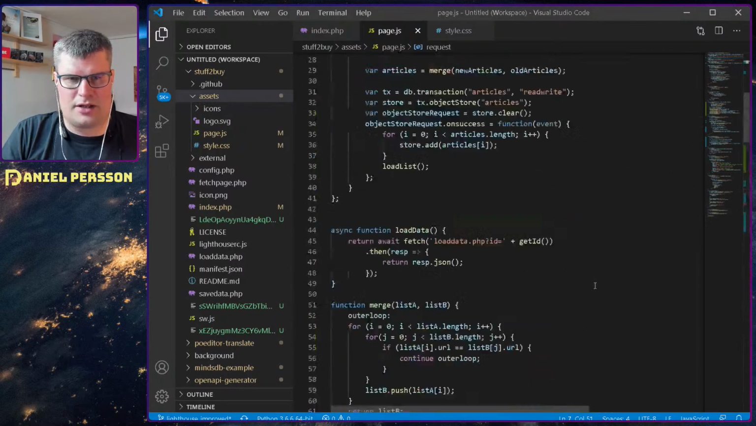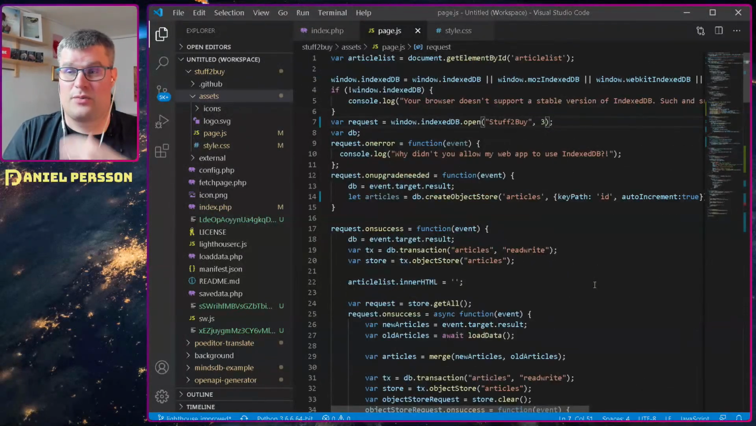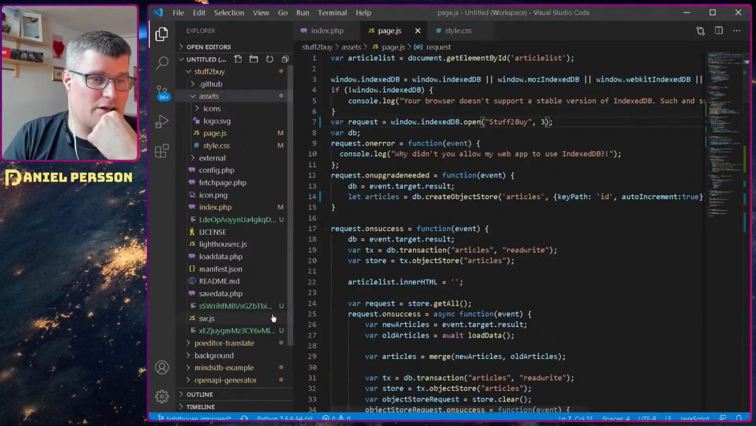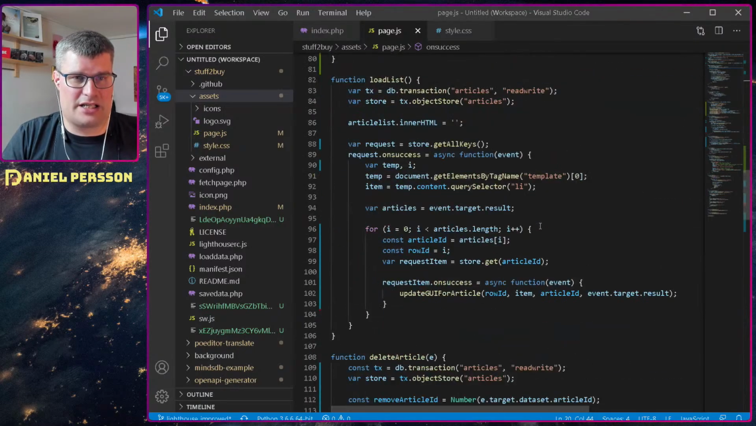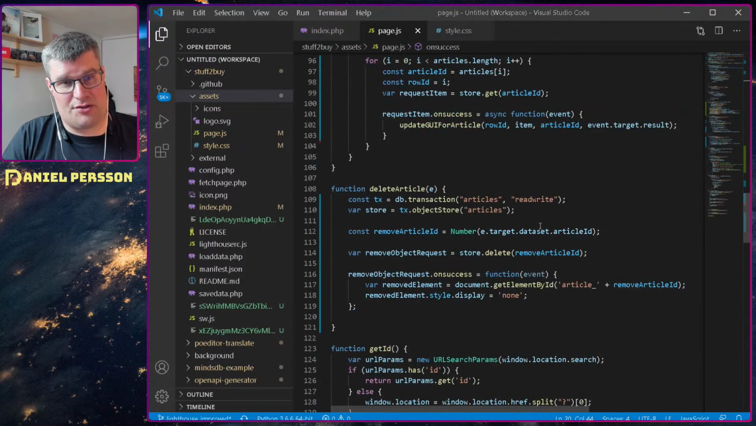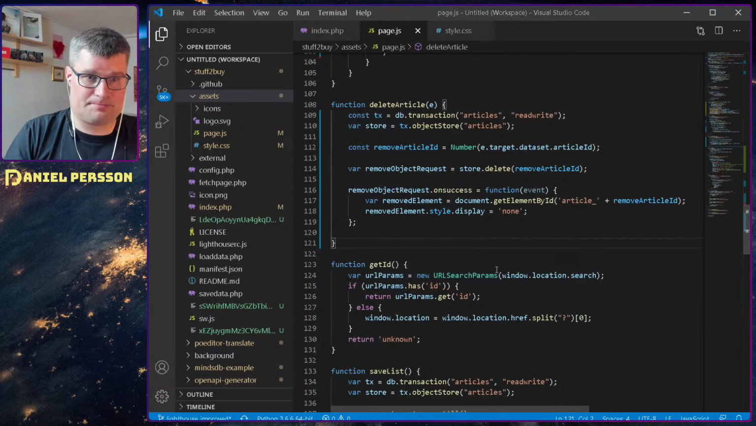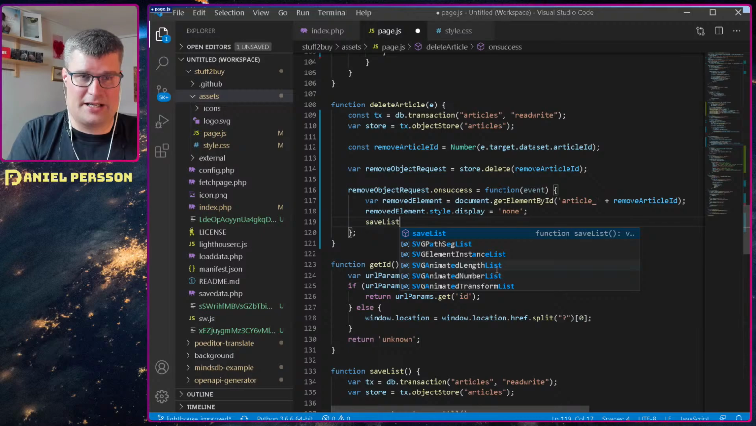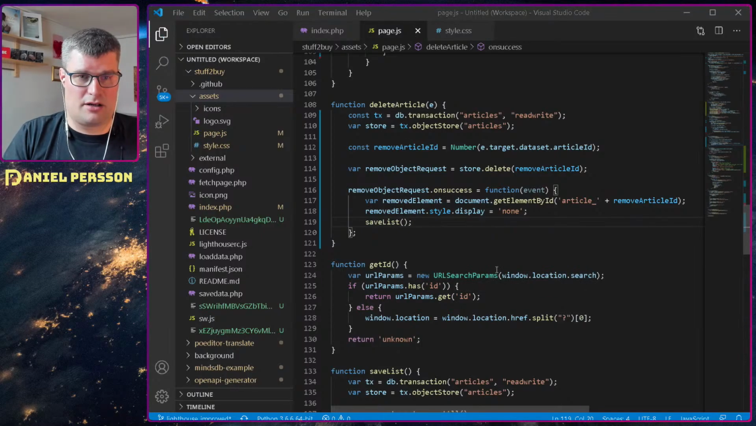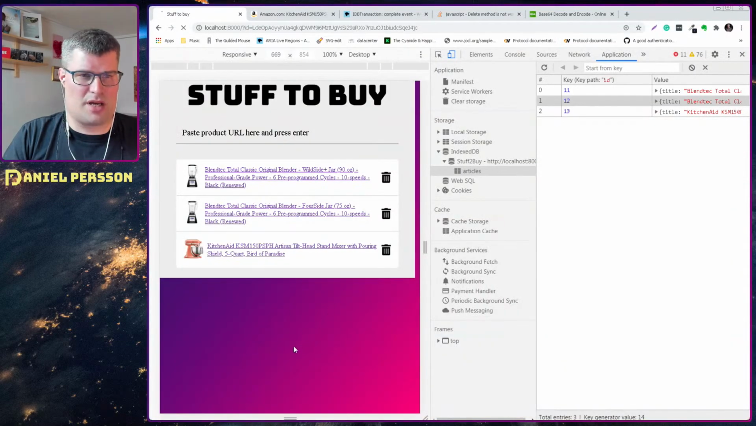So now that we have done that, we need a way to delete articles on disk. And I think the easiest way of doing that is running a save after we've done a delete. So save list. We run that there. It should mean that